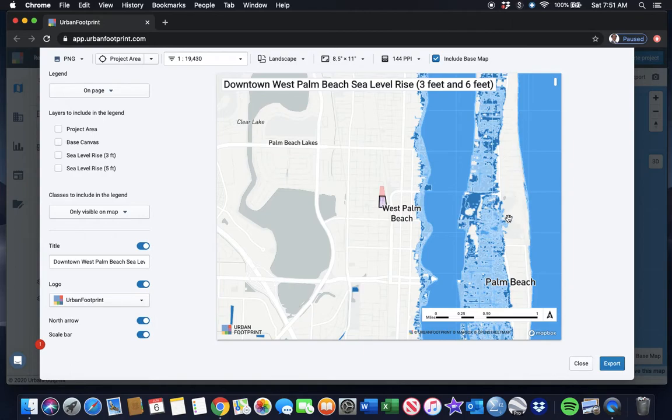And you kind of see the light blue, and you could even, if you wanted to, explain that in here. We could maybe do something like 3 feet, light blue, and 6 feet, dark blue. Okay, and so